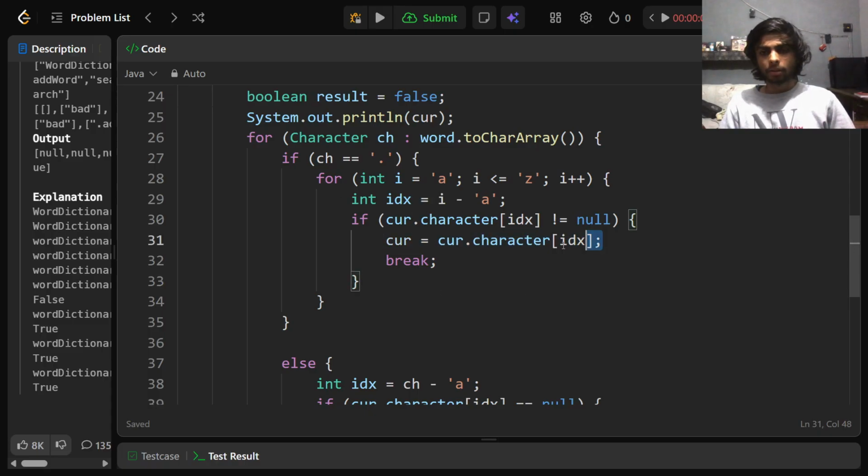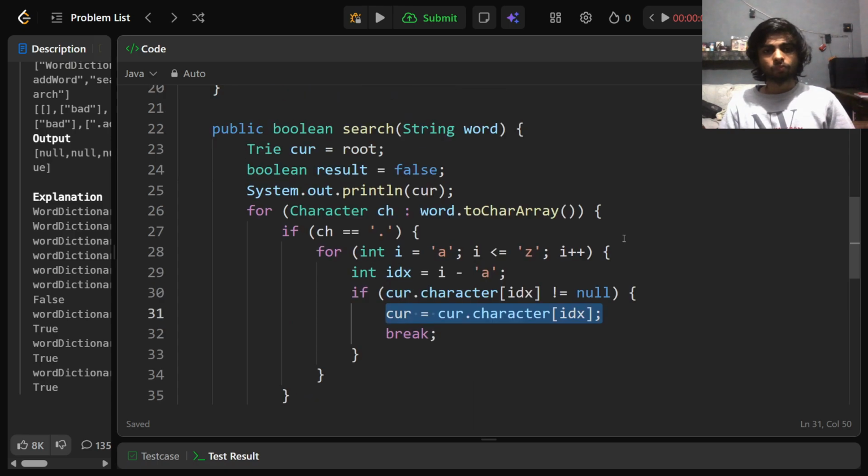I'm not properly exploring the path here. So what I need to maybe do is